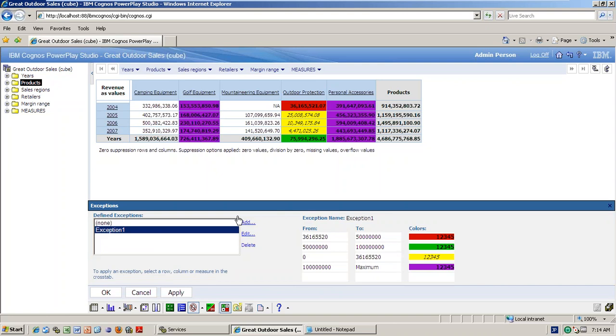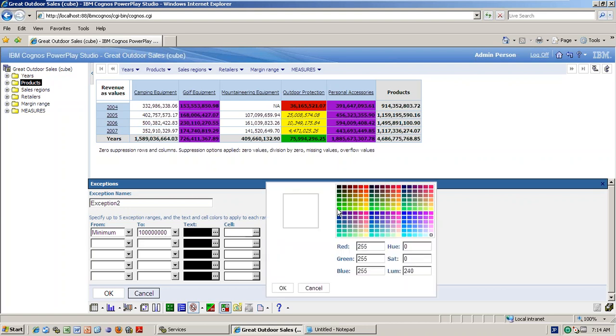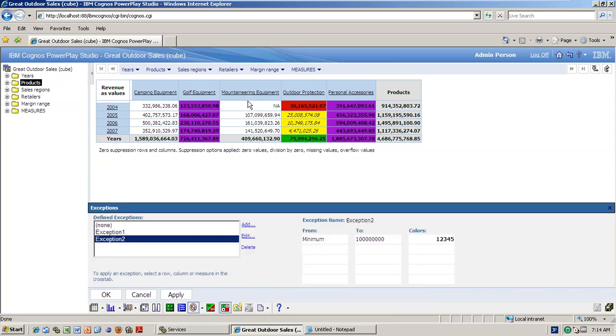Say, for example, minimum to up to this, I am thinking green color. Now with this exception too, you can apply it for mounting equipment. That's your wish. There is nothing falling under that, so that's the reason, it's simple. And if you want exception 1, exception 2, exception 3, anything, whatever you want, you can do it. Is it clear, or any questions? Now if you don't want, you just select golf equipment.